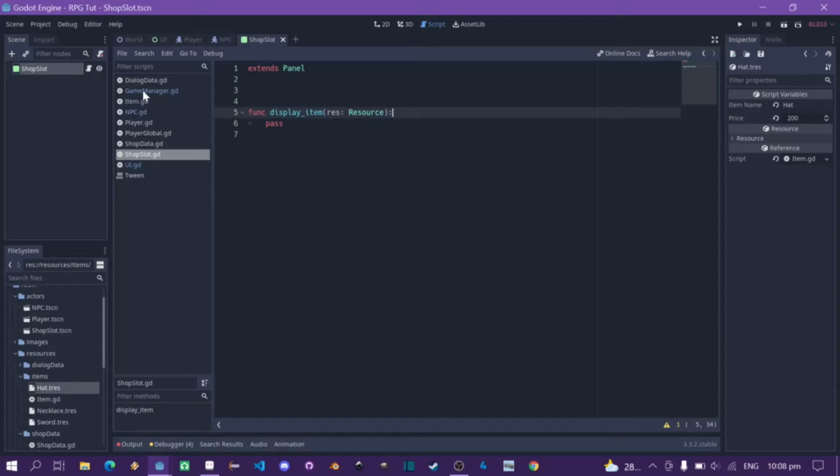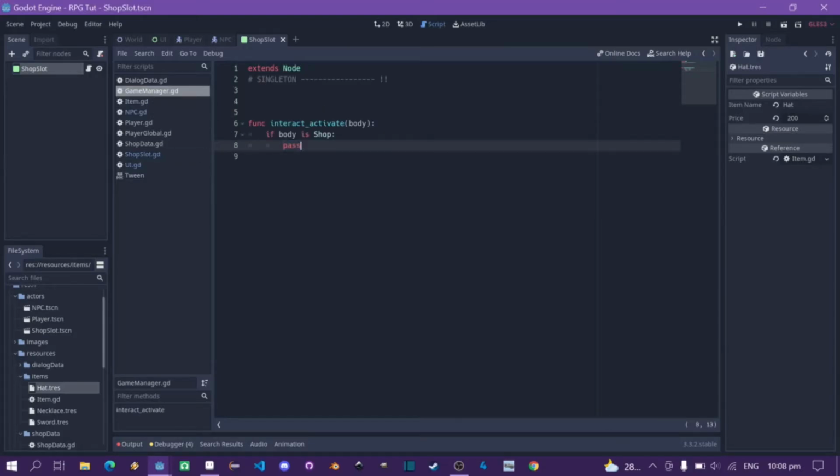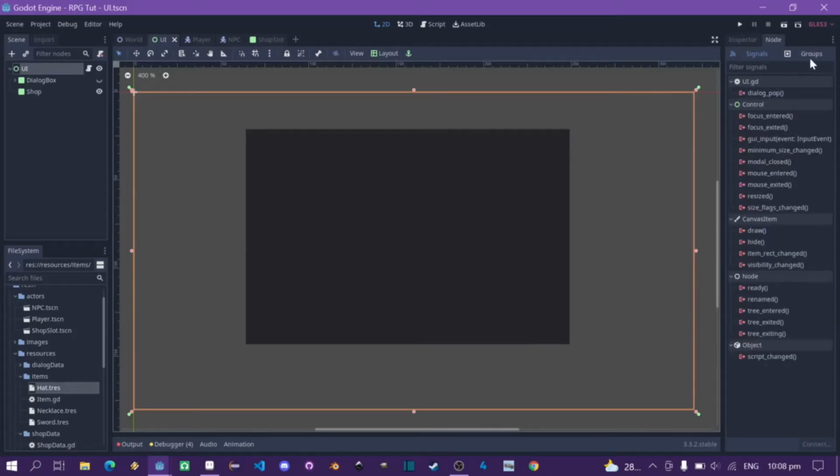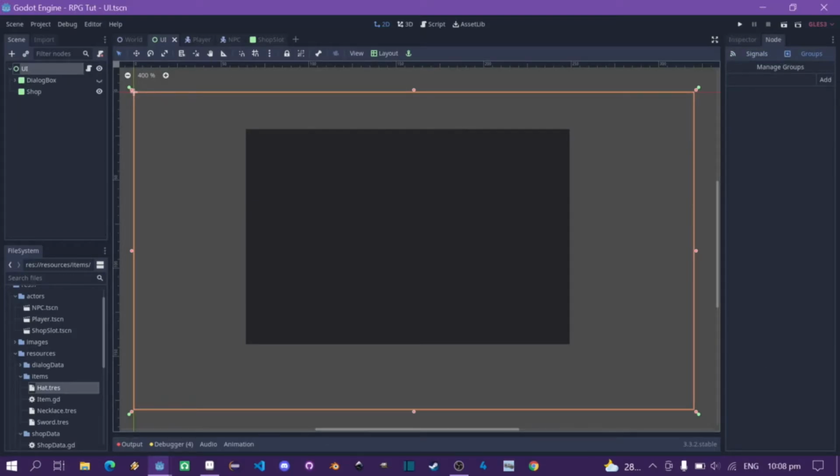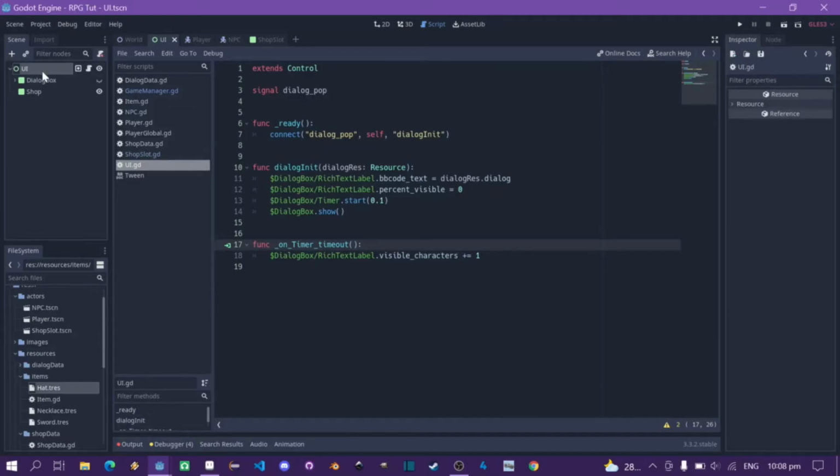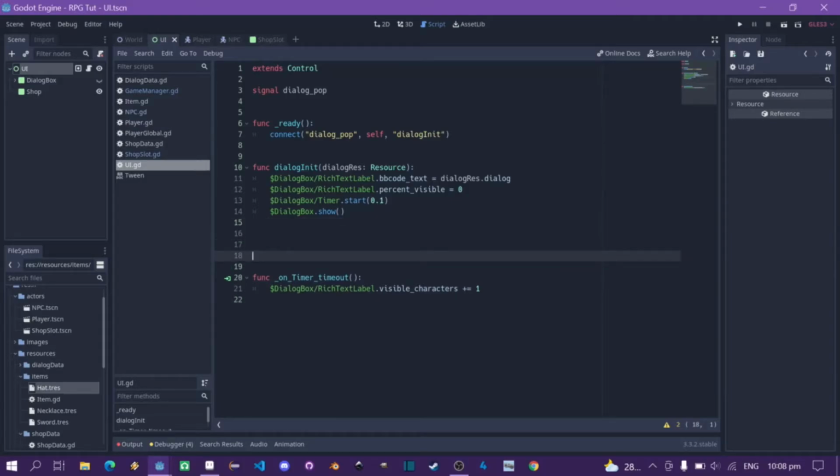Yeah, so let's go back to game manager. The body is a shop. I am just going to call the UI. Let's add the UI node to a group, so I'm gonna call this UI group. Add that, and the UI script to add a function called shop initialize. Okay,